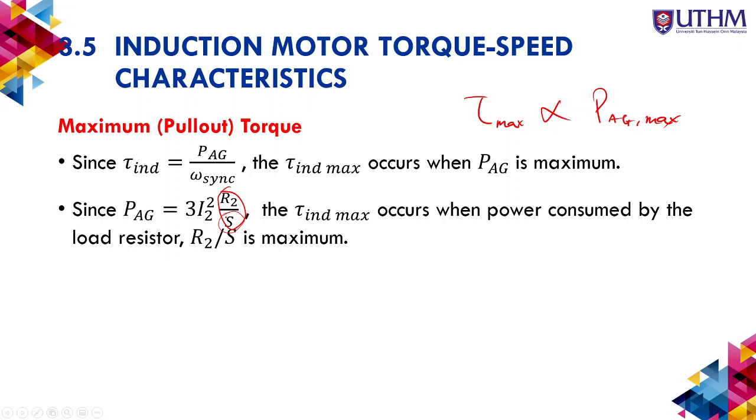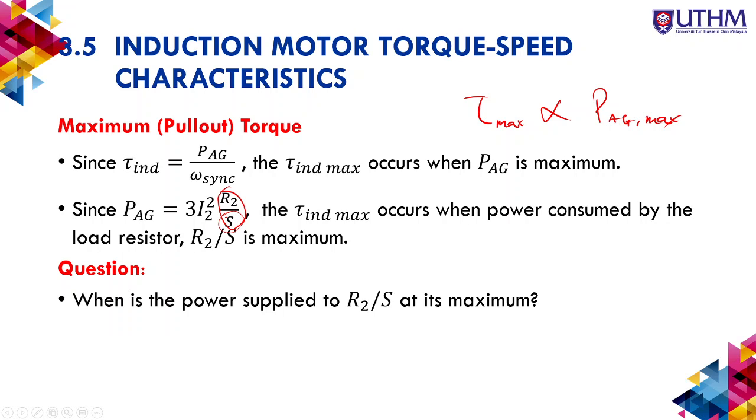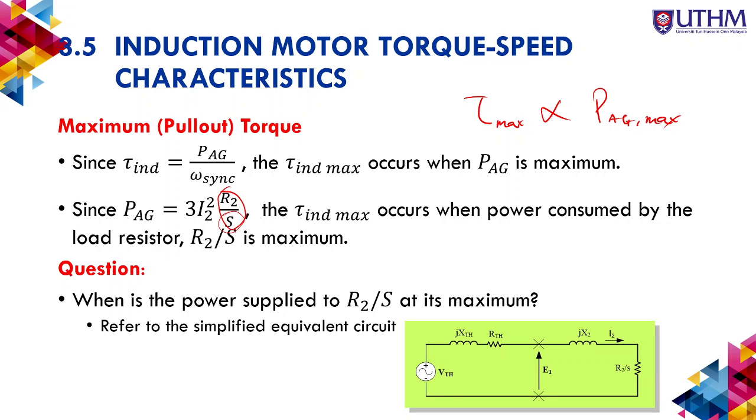So this is the slip. When is the power supplied to R2 at maximum? For this one we need to refer to the equivalent circuit. So to find the maximum value, what we need to do is use the maximum power